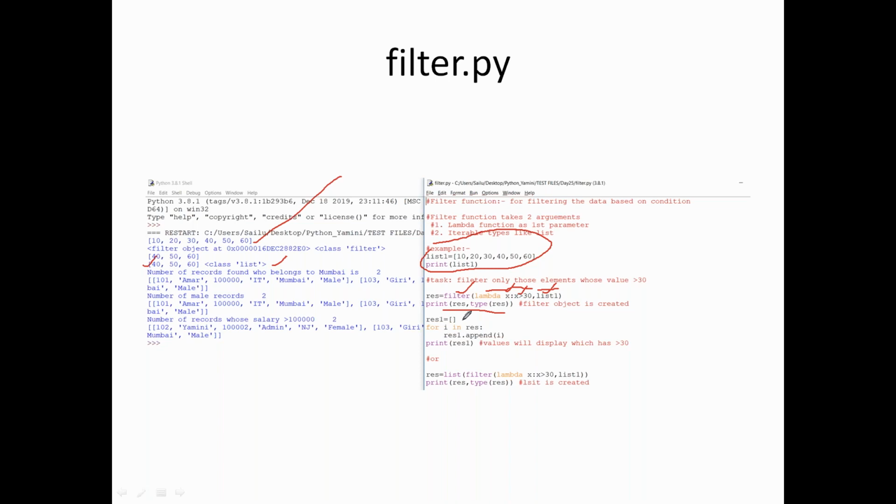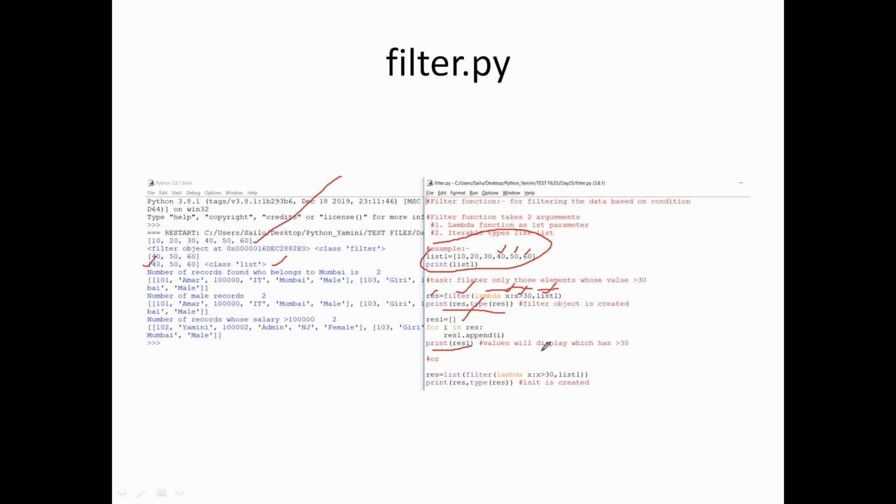I want to print one after one. So create another empty list, which we discussed at the time of the for loop. Create an empty list res1 and for i in res. res has 40, 50, 60 and I'm going to append it to the empty list. So res1.append, whatever value I have in res, one after one. First it will take 40, second it will take 50 and third it will take 60. And when you say print res1, the system will display 40, 50, 60, which are the values greater than